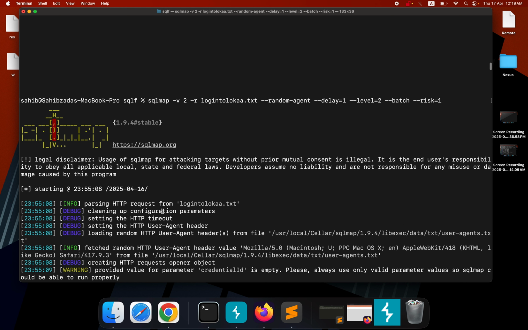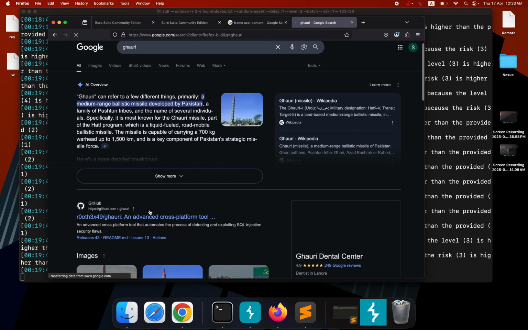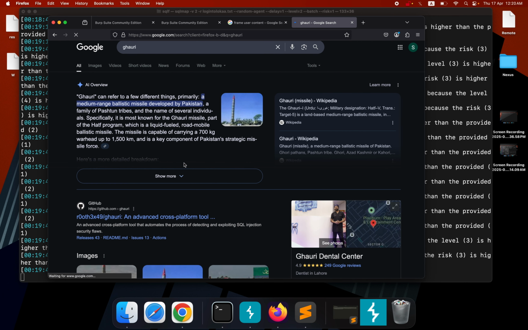And then let's get into the serious thing, which I was talking about: the second tool that was actually better than SQL Map, which is actually Ghauri. And you can go onto Ghauri. Let me just go onto Ghauri, and let's just search it. And this is an advanced